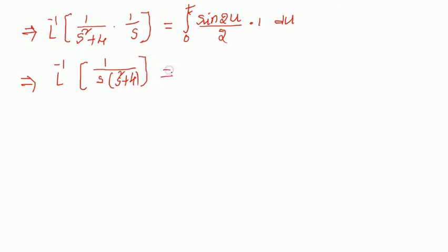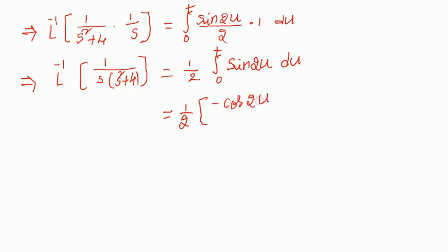so that is equal to, here 1 by 2 is a constant, keep it outside, integral 0 to t sin 2u into 1 is sin 2u into du, so this is equal to 1 by 2 into, what is the integration of sine? The integration of sine is minus cos 2u by, what is the u coefficient here, u coefficient is 2, na, you write 2 in the denominator,